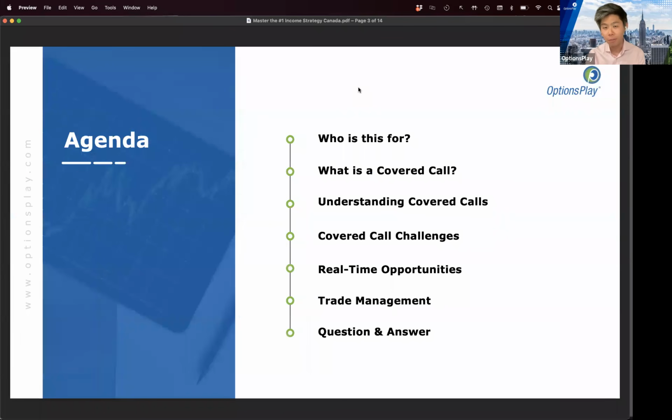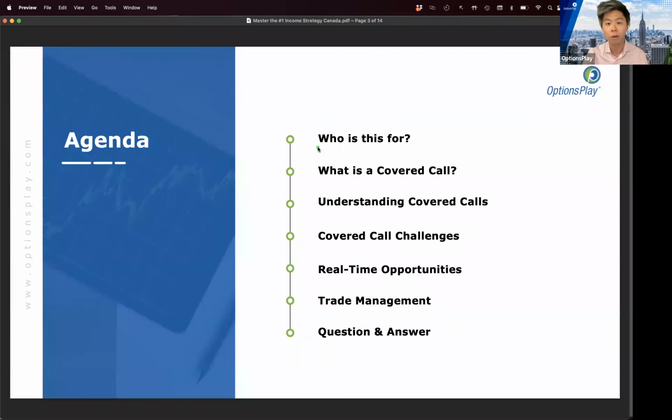Now, how many of you are familiar with covered calls? Type yes into the chat window if you're familiar with covered calls. Type no if you've never heard of a covered call before, or if you're just learning about covered calls. Yes, if you have and perhaps traded it. No, if you're just learning or you've never heard of it. Okay, so I'm predominantly seeing yeses. I'm seeing some no's, and I'm seeing some people saying just learning, or just using them, or somewhat. Okay, so right now we're running the full gamut, but many of you have at least heard of it.